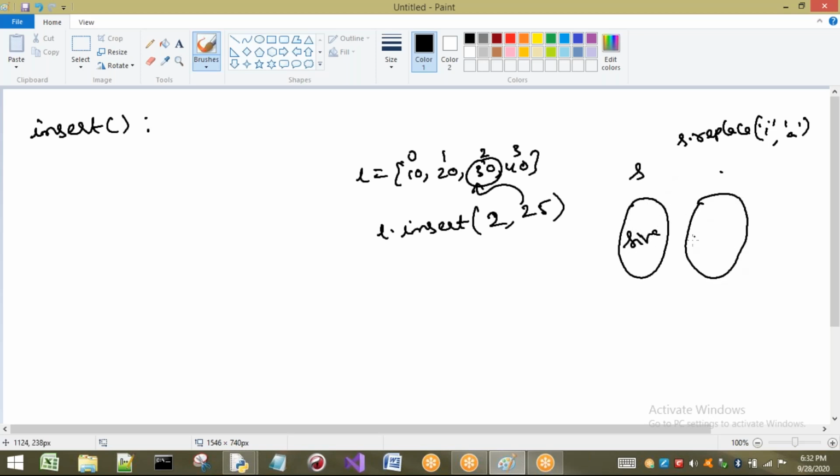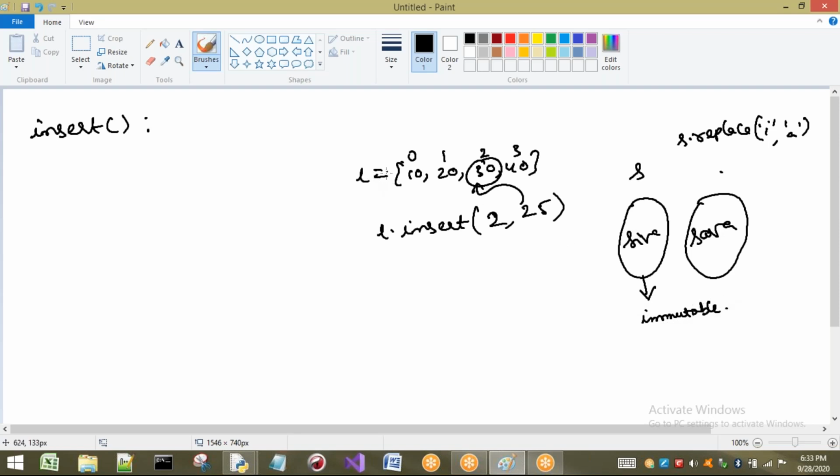A new object will be created and the updated string is stored in it. The reason is that strings are immutable; they cannot be changed once created.